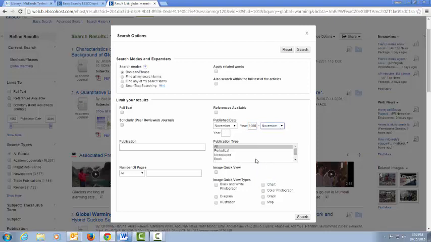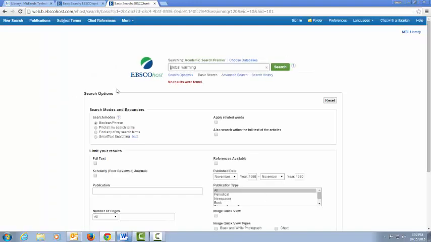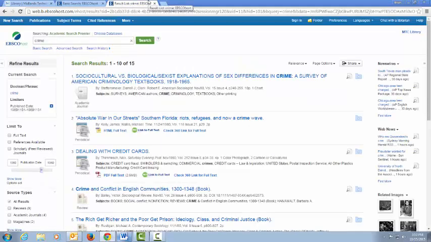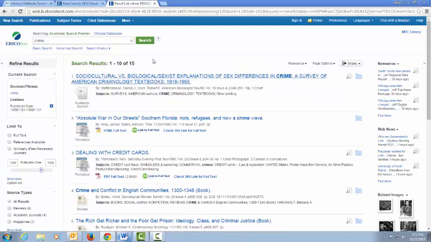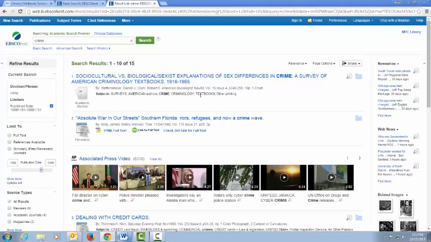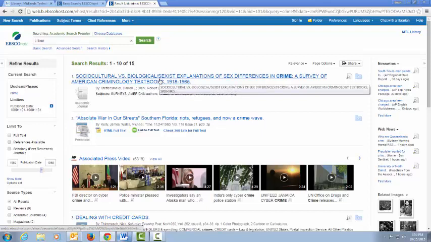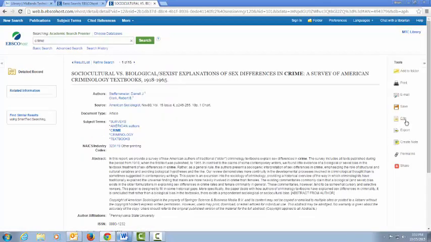And I'm going to say November 1980 for the beginning and the end of the search because I want that specific month. Oh, no results for global warming for November 1980? Well, maybe I can think of a different topic here. Okay, here we go. We have 15 results that were published in November 1980. So all I'm going to do is choose any one of them, go to the citation,